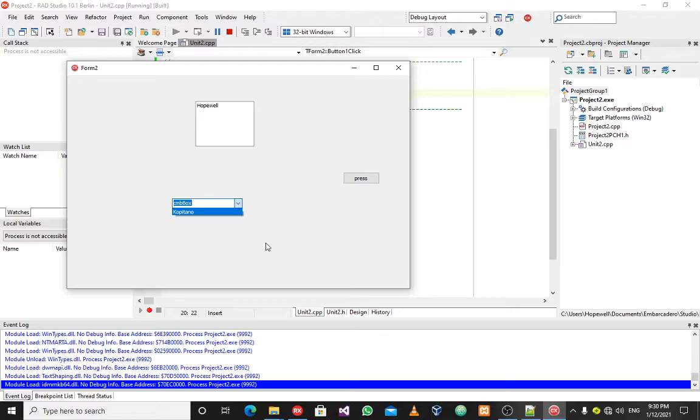You only see Copitano here, but there is also Hopewell under here. Let me press again. There's something. Okay, the problem is there's no Hopewell with all. What I did was just to say